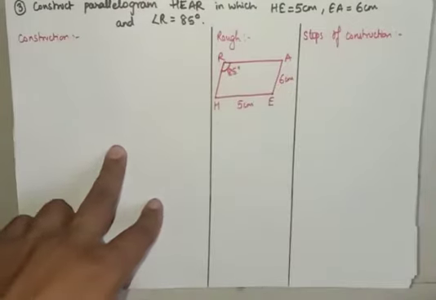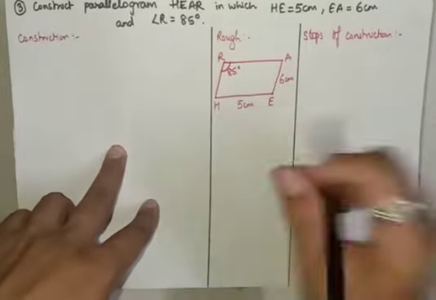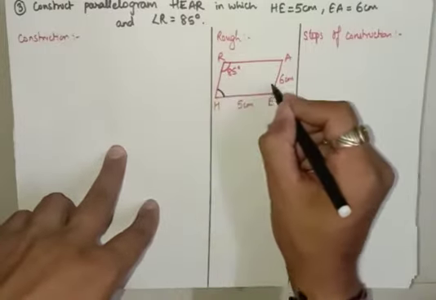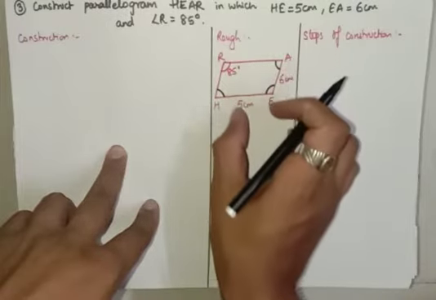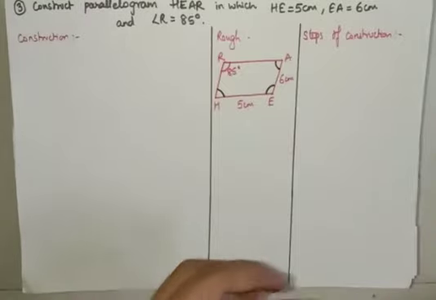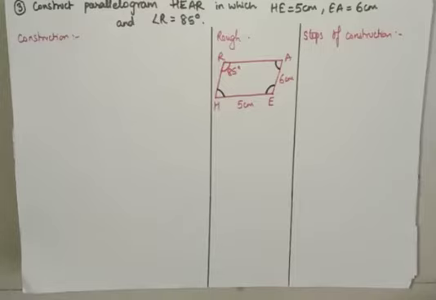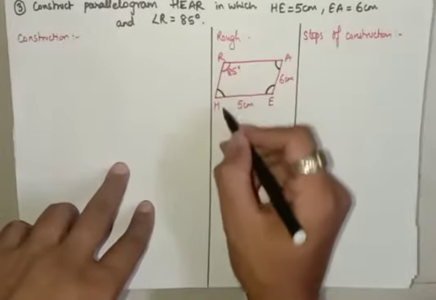In the previous question I have told you that we require these three angles, and the angles along with their included sides, for construction. We know that it is a parallelogram, so we can find all the angles when one of the angles is given. Simply see, angle R and angle H